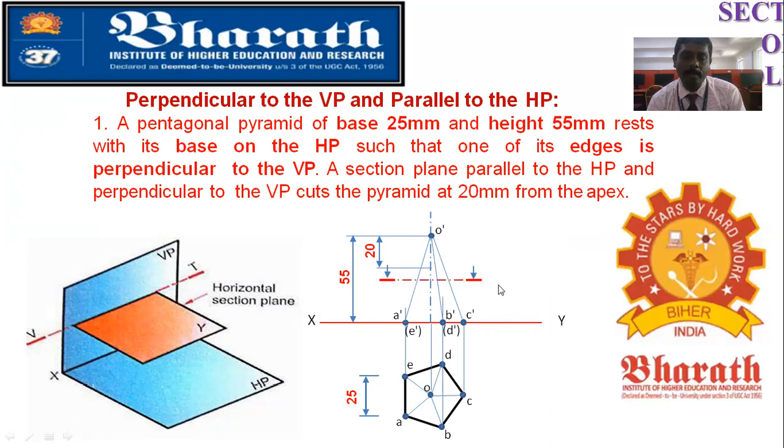So now you are drawing a section plane. So SP is the section plane. You are drawing a section plane. So you have to mark the cutting points. Once you have drawn that, you can mark the cutting points on every edge. Now only the bottom part is your existing object, so below this only is your existing object.